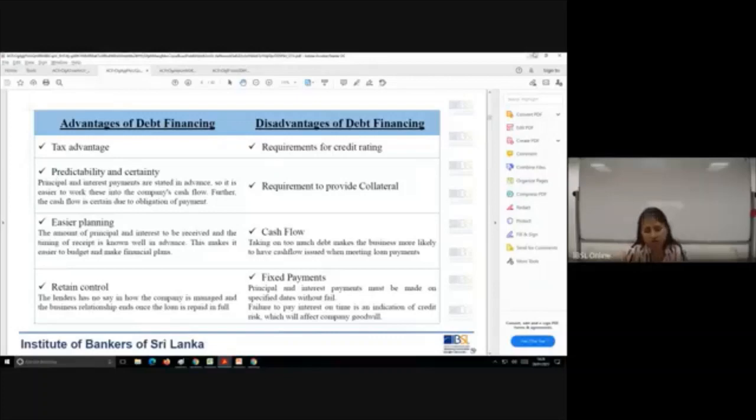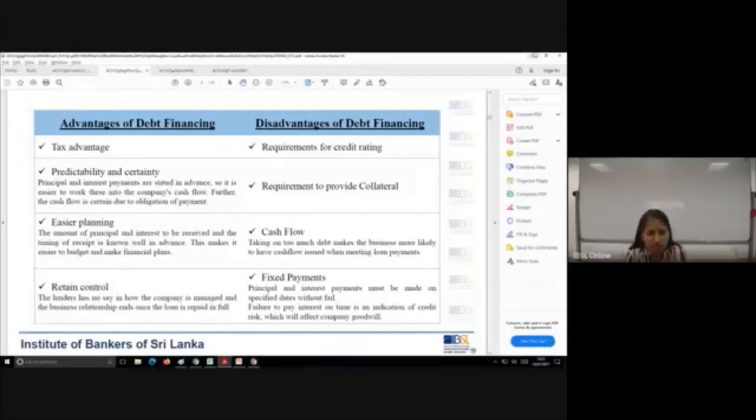You can't go for your debt financing, or the credit rating agency can cost you more. So those are going to be your disadvantages. Secondly, you might have to provide a collateral. Now, it's not only debentures. For a bank loan even, you might have to issue a collateral for you to get this loan. So that's another disadvantage.